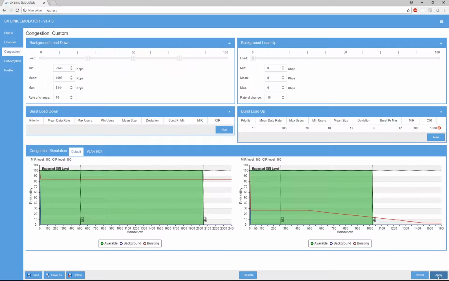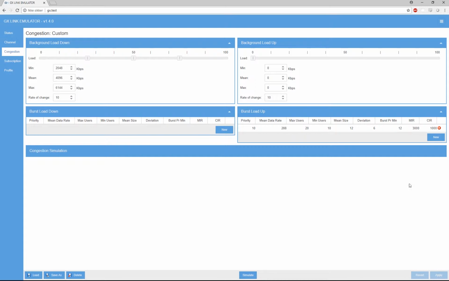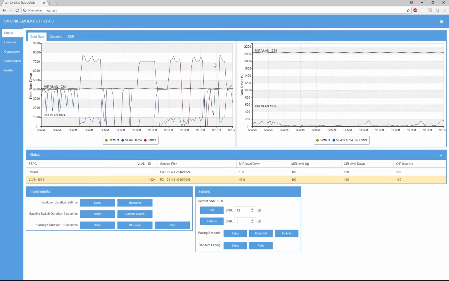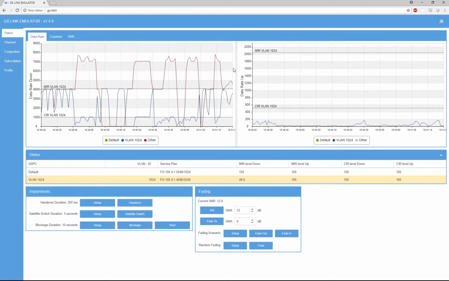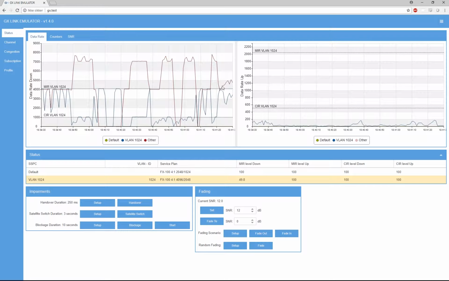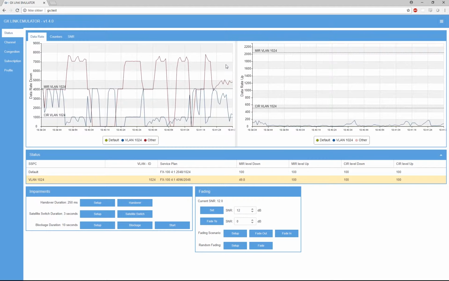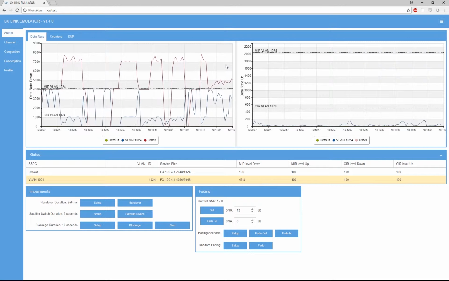And again I hit apply to use these parameters, and on the status page I can see the effect of this. And most probably you should see a chart that goes from 2 to 6 megabits per second and varies in some random way.